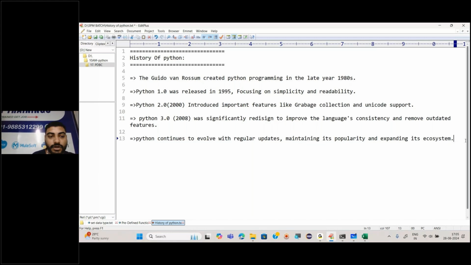Okay, now here we have completed the history of Python, but why did they make this particular Python? That is the first question, and how, what tools did they use, what programming languages did they use, so that with the help of that they made this, right? So let's start with that. Python was influenced by several languages like C, C++, Java, right?